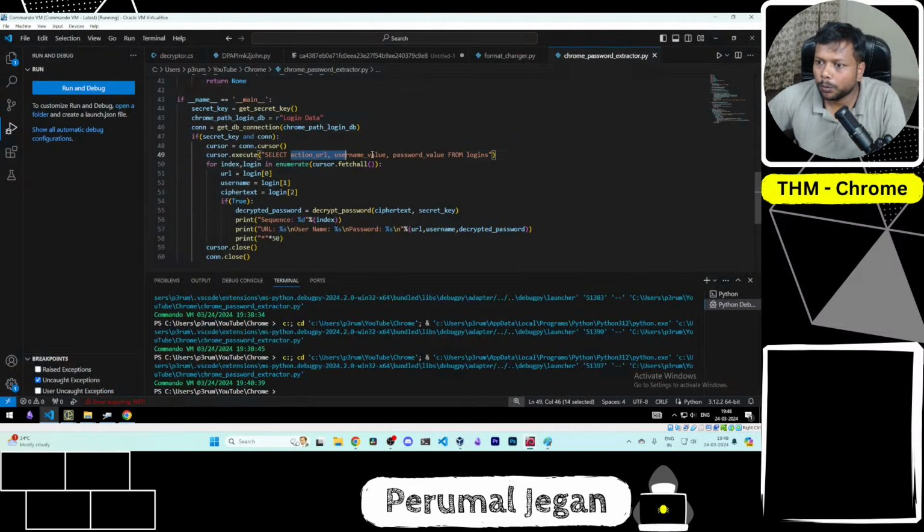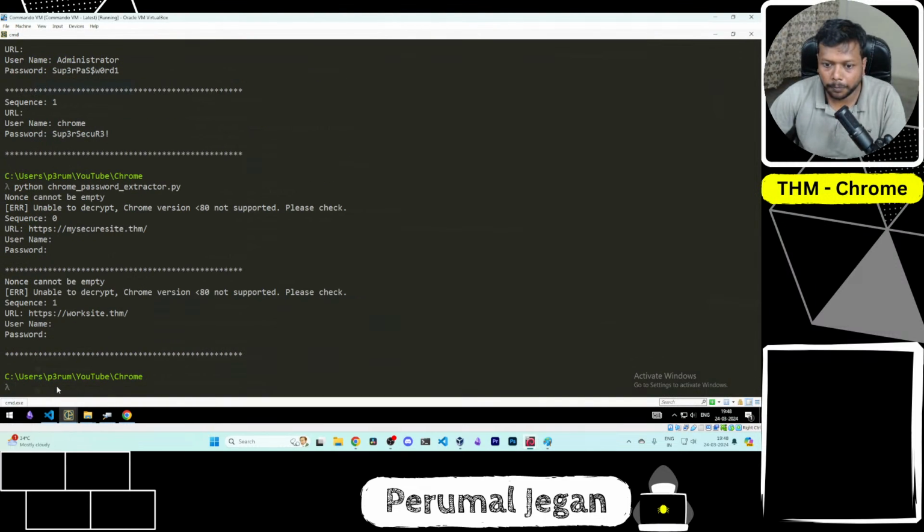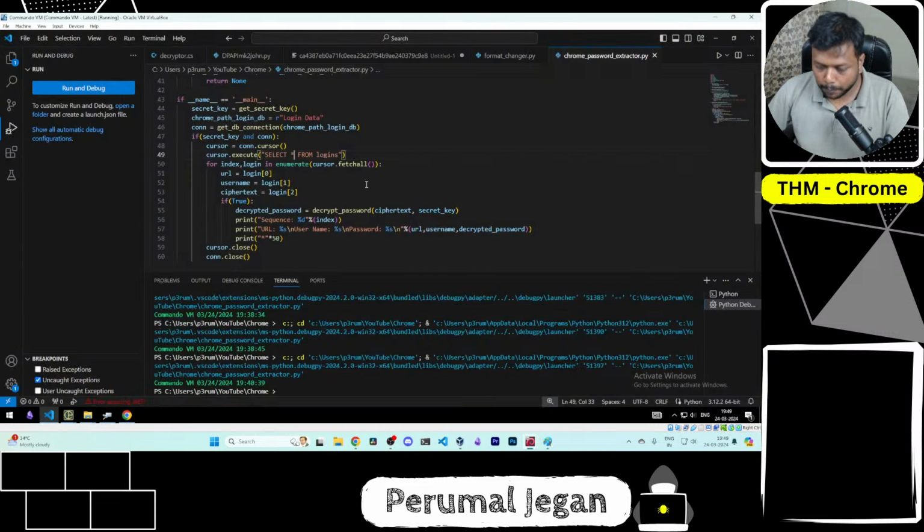What if I try to execute all? Since it is an SQL query, I can just tweak this and execute this. Hopefully it will give a valid outcome. Look at this one. Now I got the URL, but I don't see the username and password. If I'm specific with the username value and password value, I can see